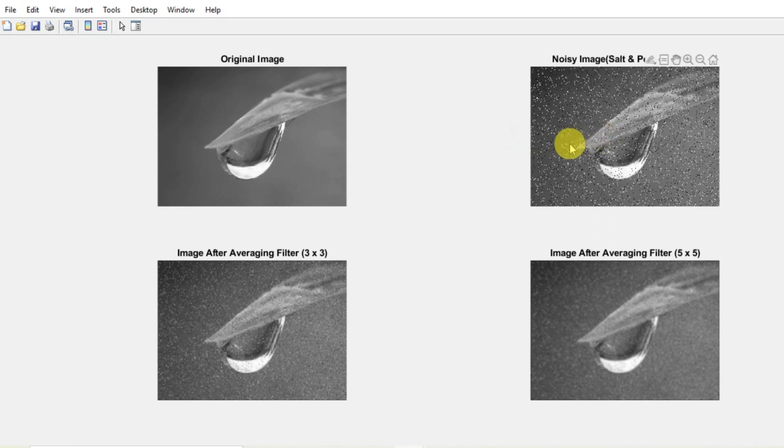So here we are having a few black dots, a few white dots, and the rest of the image information is there. After averaging it with the filter mask of the dimension 3 by 3 of the averaging type, this is the resultant here, which is smoother. And this is with the filter mask of the dimension 5 by 5.